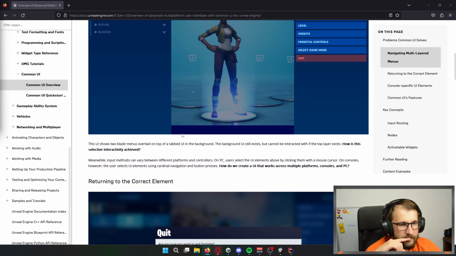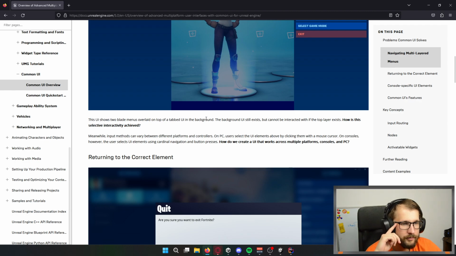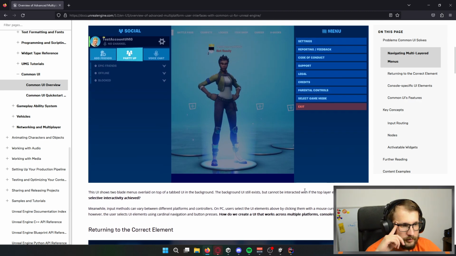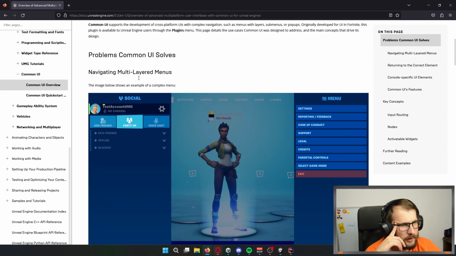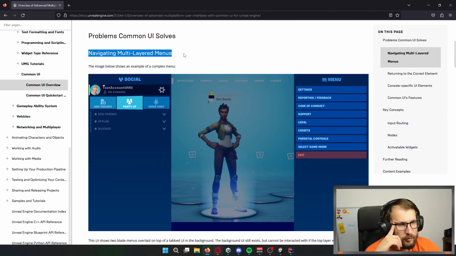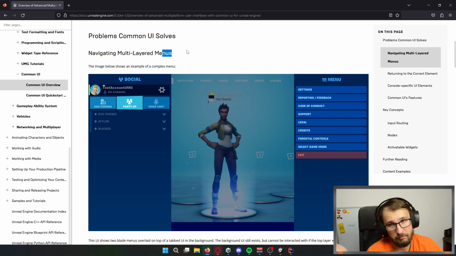But yeah, what they are doing. Wait. Okay, so navigating multi-layered menus, I've already done it. It's working. It was never tested properly because I never had this type of menus.